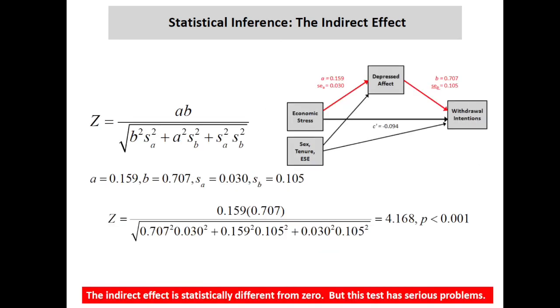So, standard approach. There's nothing particularly insightful about it, but all this information is available in any regression program. We've got estimates of regression coefficients that we either square or don't. We've got standard errors of those regression coefficients, which we square, and we take some square roots. Nothing terribly fun about doing this computation by hand, but not difficult, and it's available to you in any regression analysis that you've got. So you could plug away and get something, and what this shows us is that the indirect effect that we've calculated is statistically significant, that it's different from zero. But this test has serious problems, and I don't recommend using this.